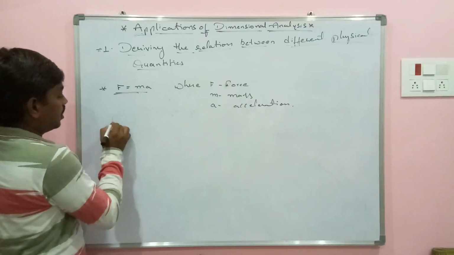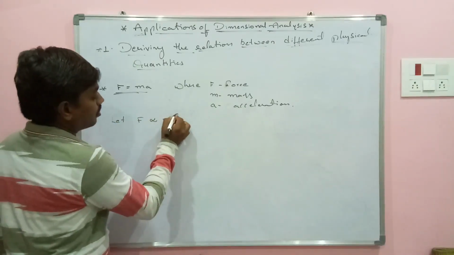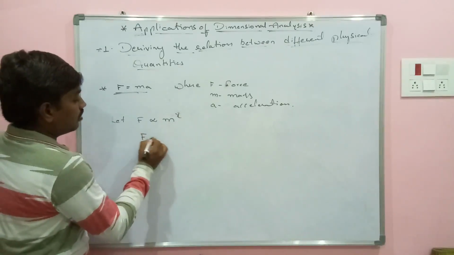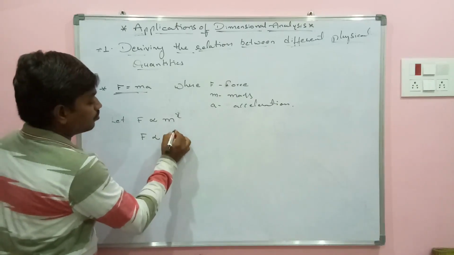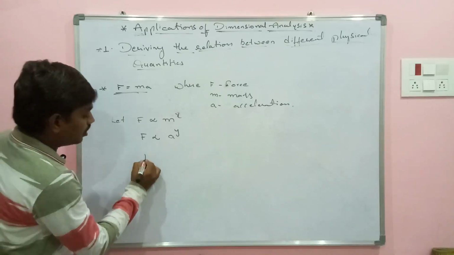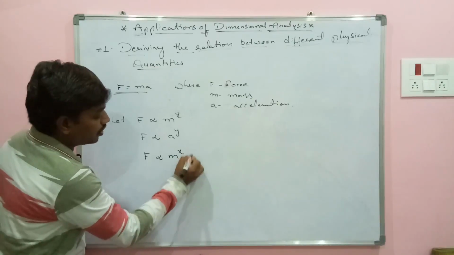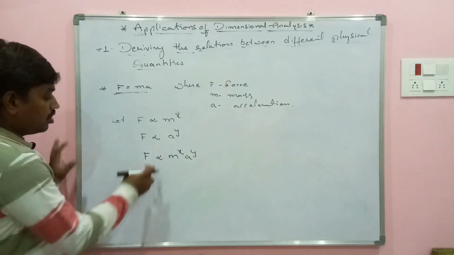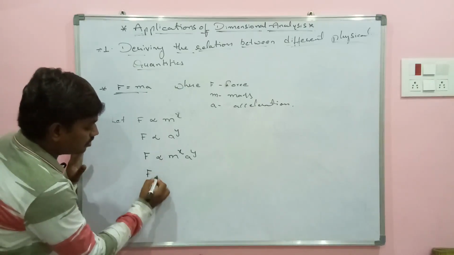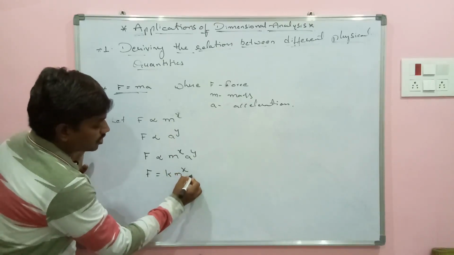To derive this, let F be proportional to m to the power of x. Similarly, F be proportional to a to the power of y. Combining these two, I will be getting F is proportional to m to the power of x and a to the power of y. So in order to take this proportionality symbol, I will be using a constant. F is equals to some constant k into m to the power of x and a to the power of